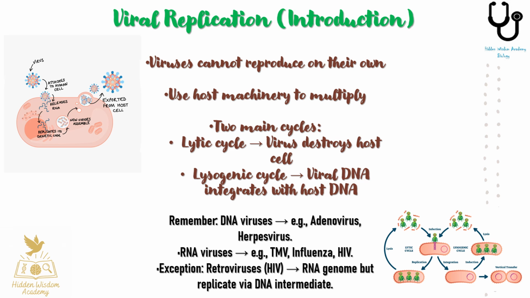Now, let's talk about viral replication. Viruses are unique because they cannot multiply on their own. Instead, they must enter a living host cell and use its machinery for reproduction. There are two main ways viruses replicate. In the lytic cycle, the virus takes over the host, makes many copies of itself, and eventually destroys the cell. In the lysogenic cycle, the viral DNA integrates into the host DNA, remaining hidden and replicating along with the host